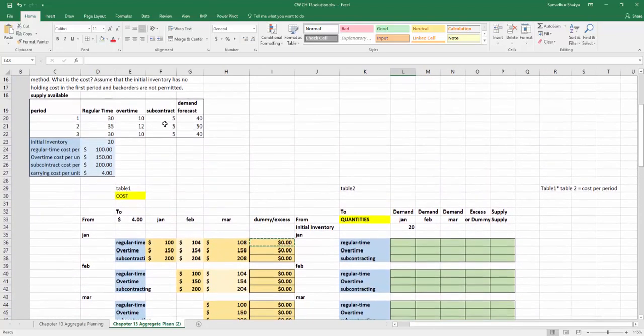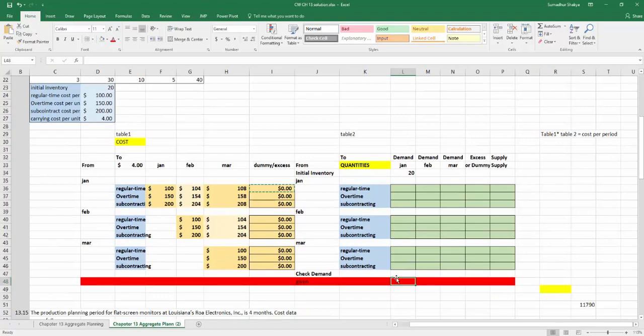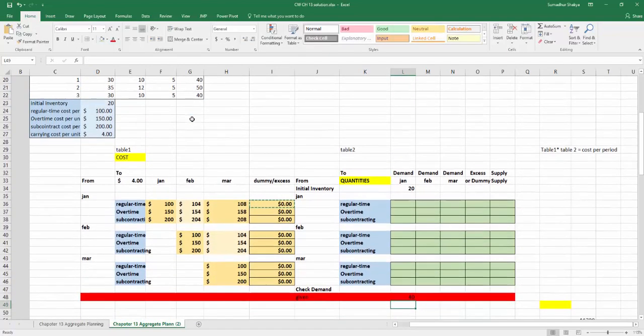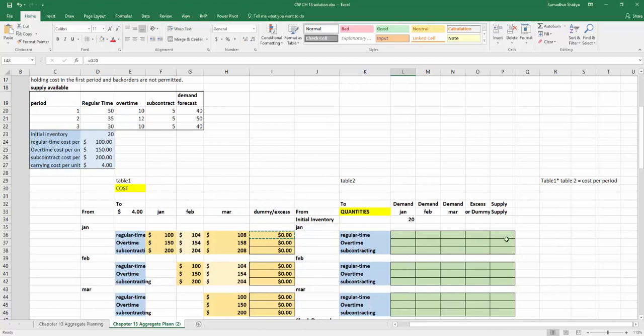Okay, so what is demanded in this case? The demand given is 40 for the first period, equals to 50 for the second period, equals to 40 for the third period. Now this is what is given. Also the given supply is